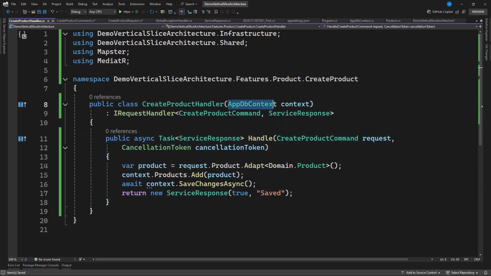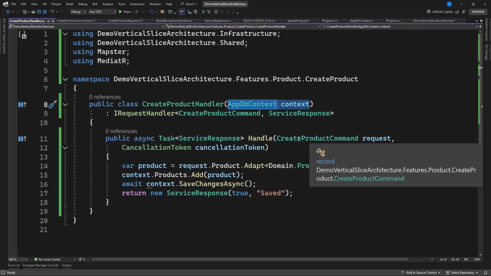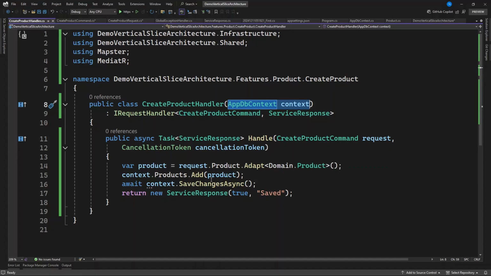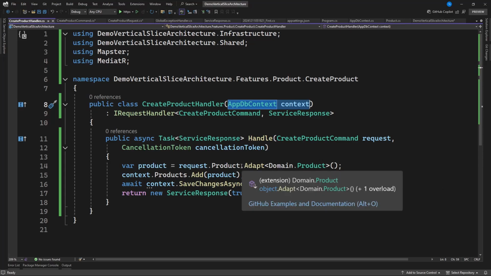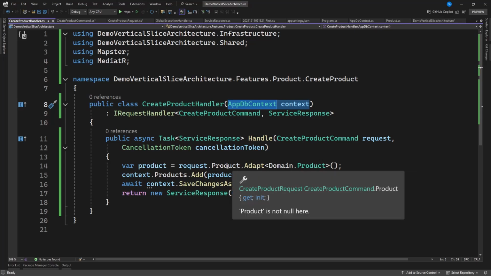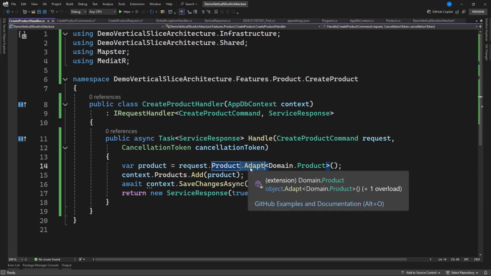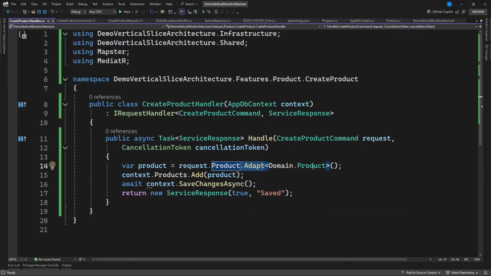We inject our DB context so we can have access to our database. And in there, you can see we want to map it, because here we have create product request, and now the entity or the domain is product. In order for us to add it, we need to map it. And here we are using Mapster. That is the simplest way of mapping. You see, you do not need to configure anything as what we have been doing using AutoMapper. Just a line. You can just append .Adapt, then specify the model that you want to adapt to. That's the destination, which is a product. And we add it, we save it, and I will return